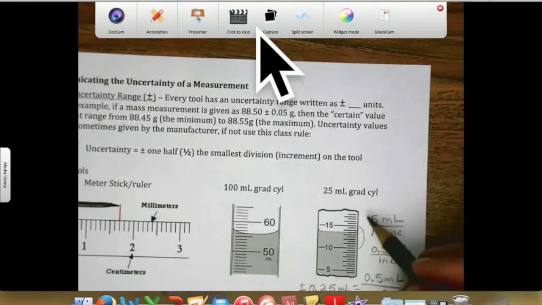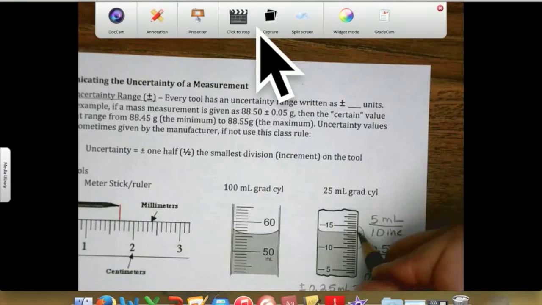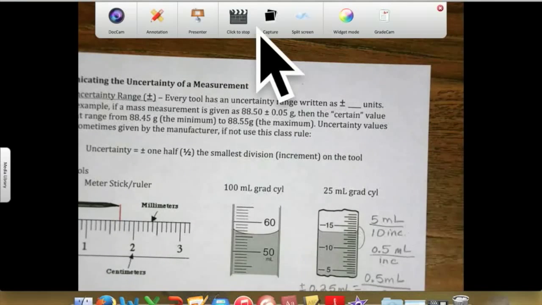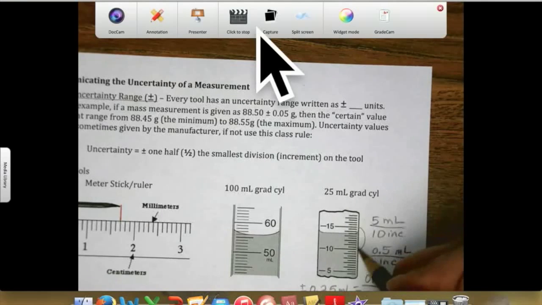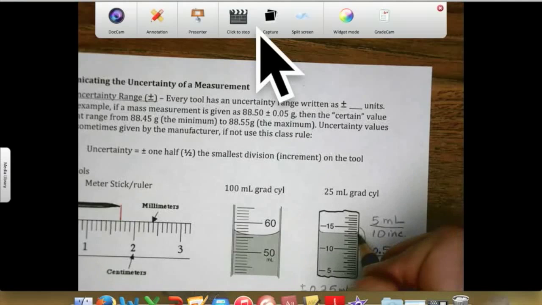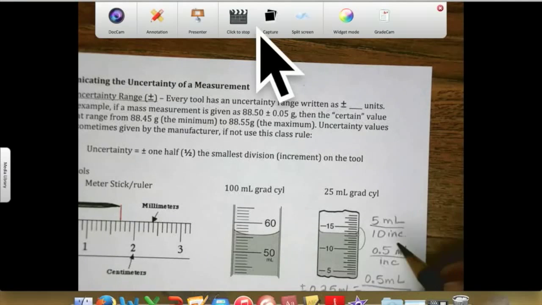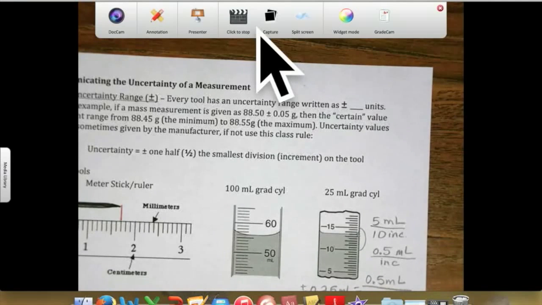So that I'm going to get 10.5, 11, 11.5, 12, 12.5, 13, and we're somewhere close to this 13.5 mark. So we're going to take a look a little bit closer. Since we don't see that it's right in the middle of those marks, I probably wouldn't call it 13.25, but what we can call it then is 13.50